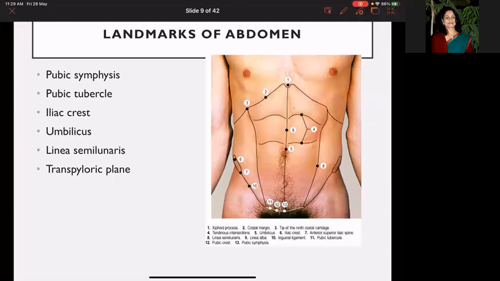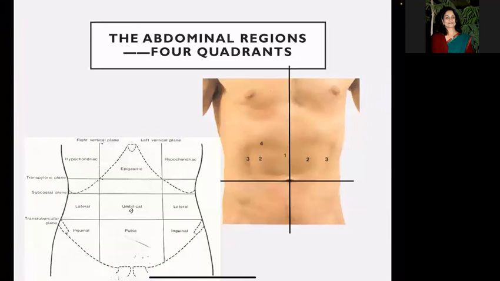Then we'll talk about how we will study the organs in the abdomen. That is, from outside, how will we know about the topographic relation of organs which are present in the abdominal cavity. So for study purposes, it is divided into